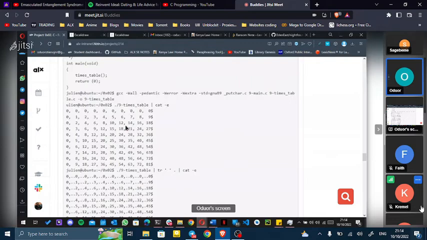Okay. What I'm just trying to explain is you can notice the last row. If you notice the last row here,